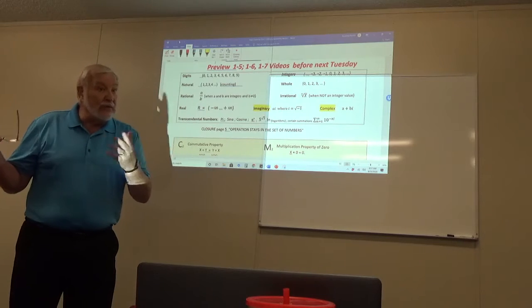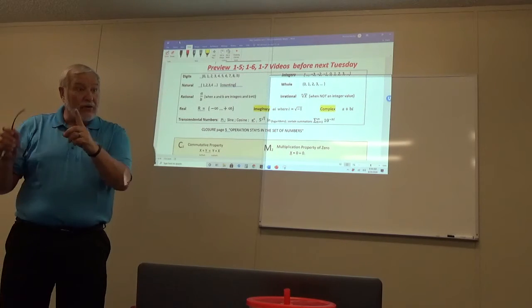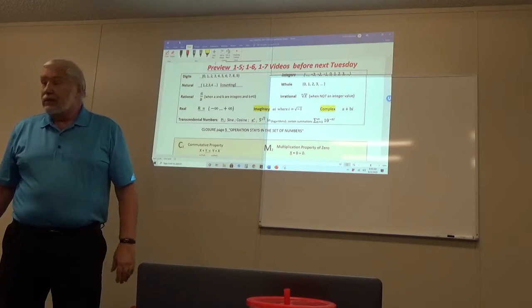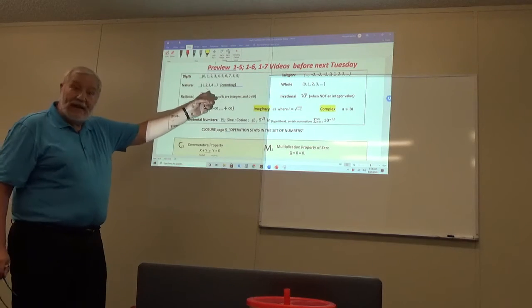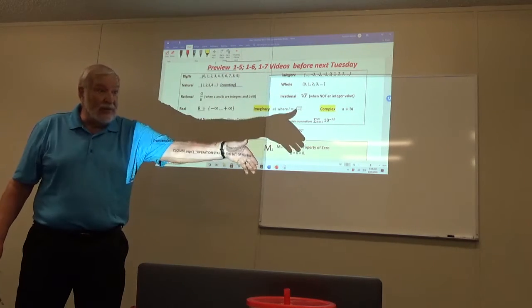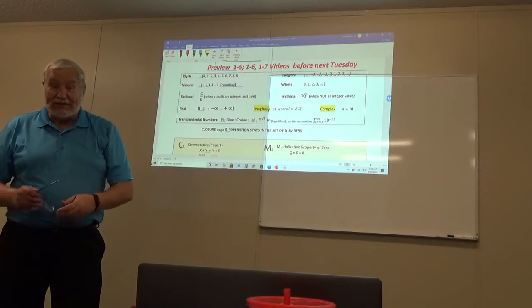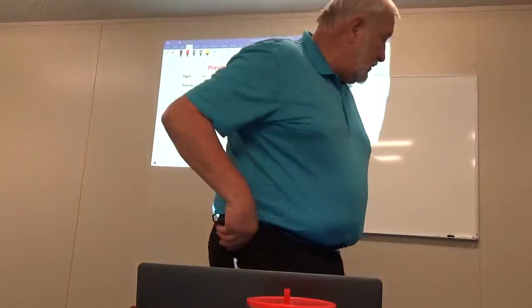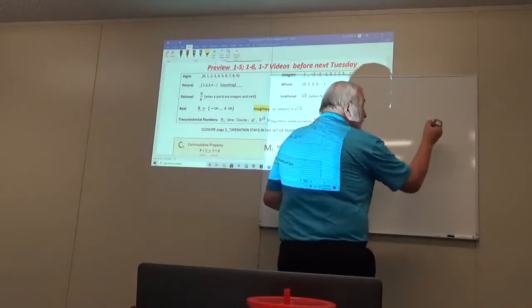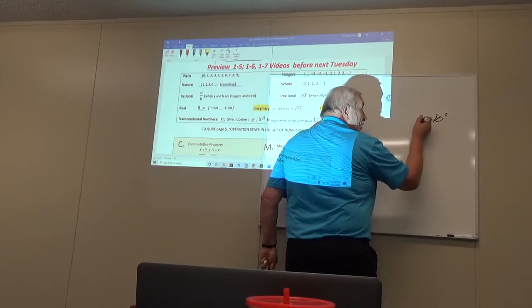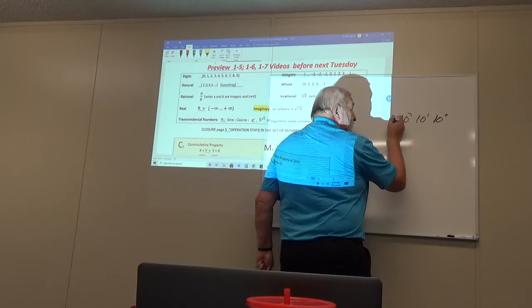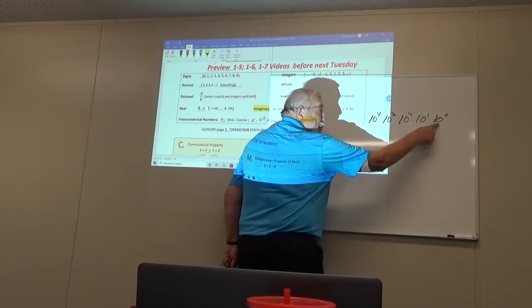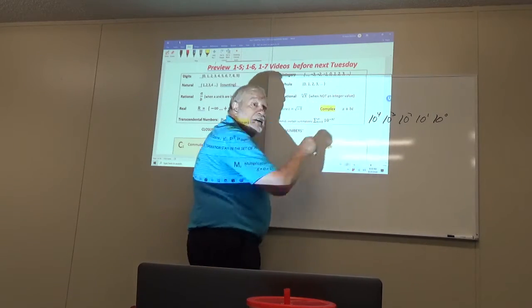But because we have different bases, we can put two numbers together. The number to the right is in the ones column. What's the next number? It's in the tens column. So whatever that number is, it's multiplied by 10 and added to the number. And if you have three numbers, the third number is the what? Hundreds. All right, and so what we have is 10 to the 0, 10 to the 1, 10 to the 2, 10 to the 3, 10 to the 4, for the ones place, the tens place, the hundreds, the thousands, and the